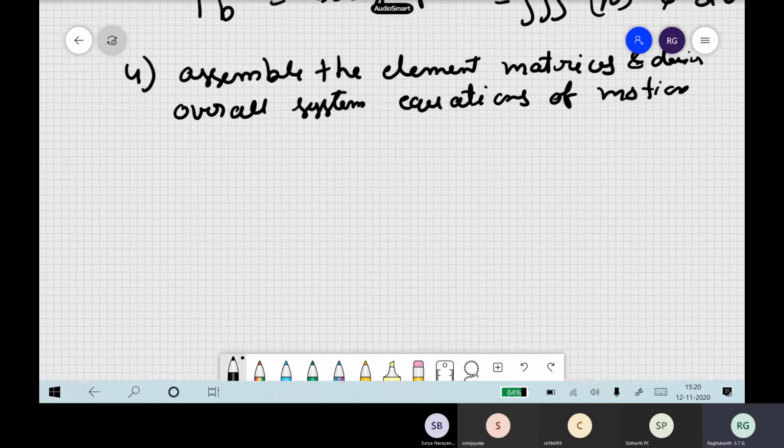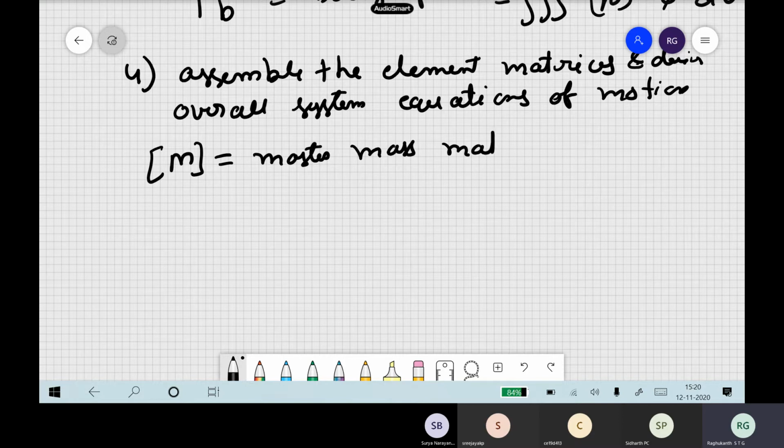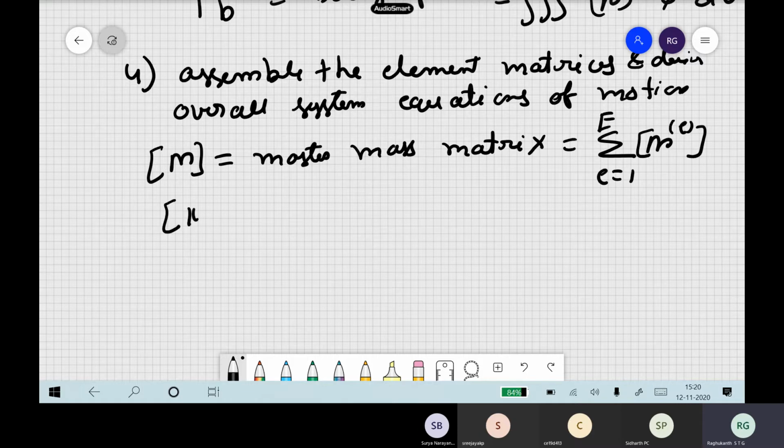Now you have to do this for all the elements. So this is like the master mass matrix. You have to combine all the elements in a nice fashion. Similarly you have to derive the master stiffness matrix, then the damping, then all the forces, whatever you have. And then our equation of motion will be